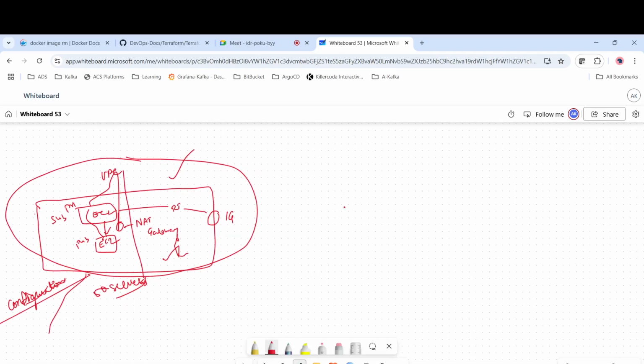We can automate it. So how can we automate? To automate this, we have to use IaC. What are the different tools available? We have Terraform, and then we have Pulumi, and then we have cloud-respective tools. For example, in AWS we have AWS CloudFormation. We have all these, but the most popular one is